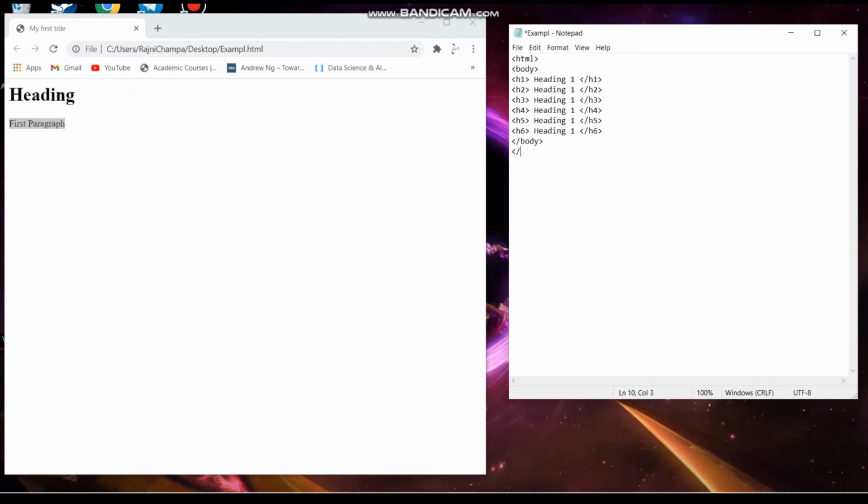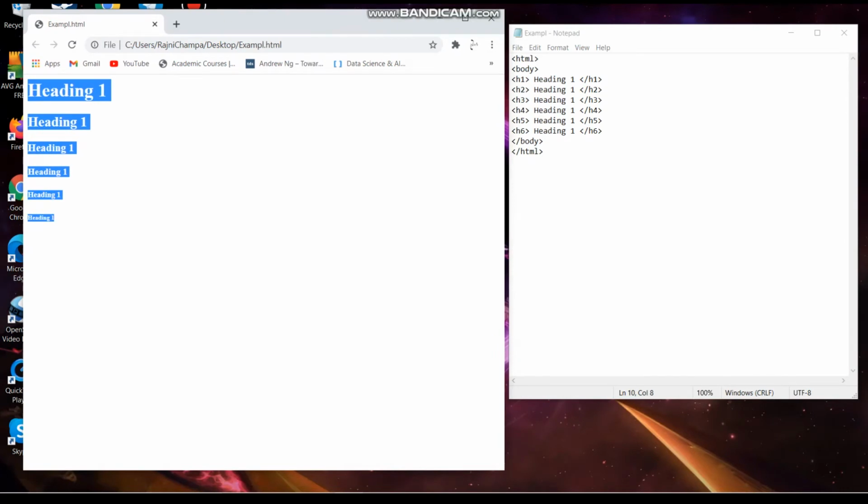You can see here the heading is forming subclasses: heading 1, heading 2, heading 3. It is kind of a nested thing. You can try it by yourself.